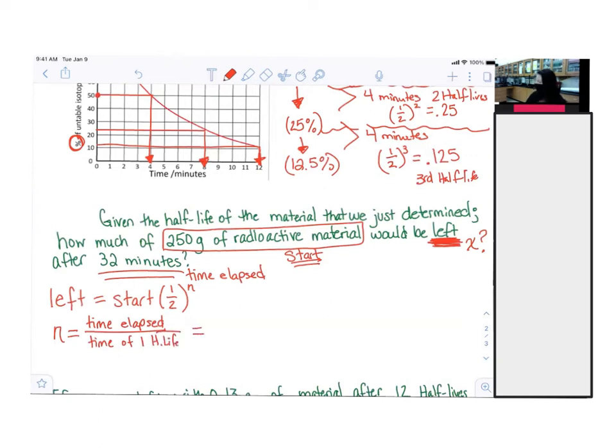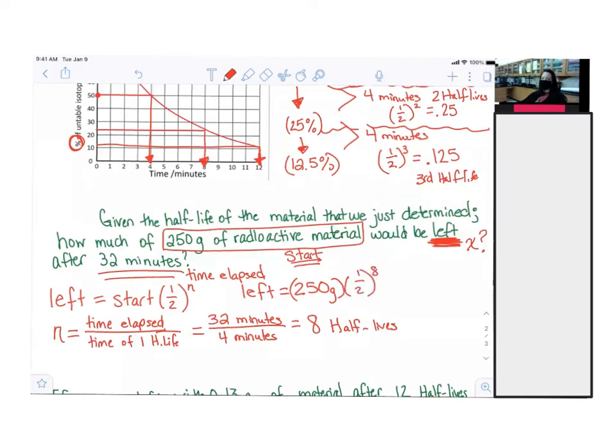Let's figure out our n first. The amount of time that has elapsed is 32 minutes. And the amount of time that is a half-life is 4 minutes. 8 half-lives have occurred. The amount that I have left is equal to the amount I start with, which is 250 grams, times 1/2 to the 8th power, because we've gone through 8 half-lives. So the first thing I'm going to do on my calculator is 1/2 to the 8th power,